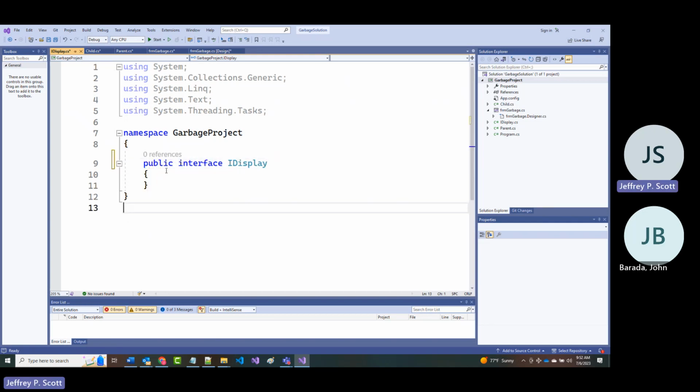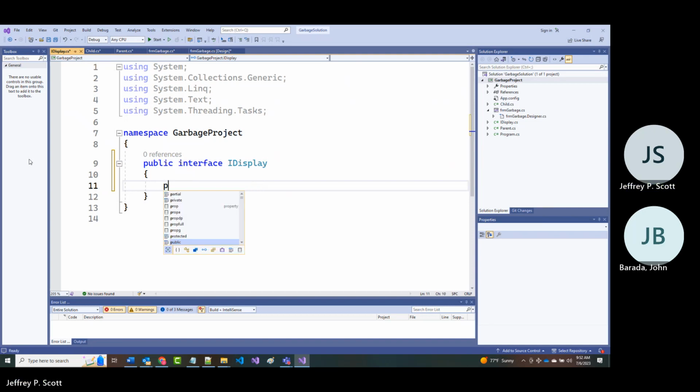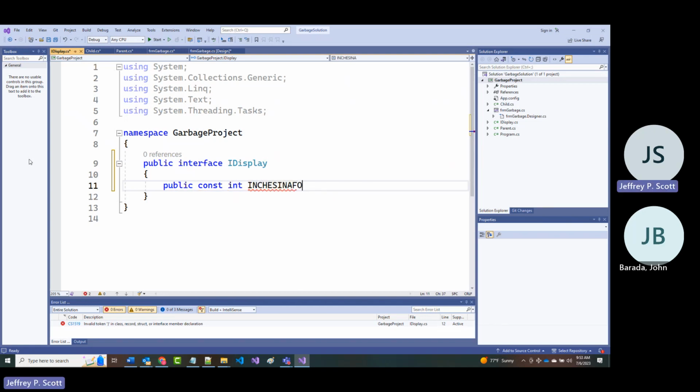All right. So if I come in here and I'm going to put in, I don't even know why I would do this, but let's just say public const int inchesInAFoot equal 12.